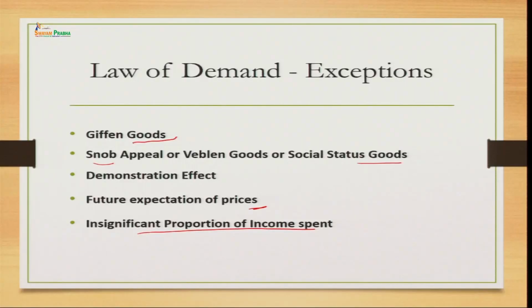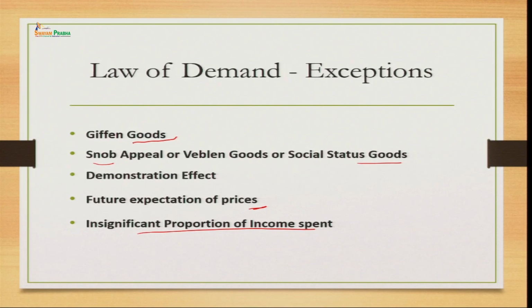So, if you go back and revise these headings once again, what are the things which are not considered in the law of demand, or where the law of demand does not hold good? The very first is the case of Giffen goods. Giffen goods are a special category of inferior goods, and in this case whenever the price increases, demand for these goods will not decrease. Snob appeal goods are your social status goods which you buy to show your status in society. Then we have the demonstration effect. Here you are influenced by some person and you try to follow that person, you try to do what that person is doing, you associate yourself with that person,